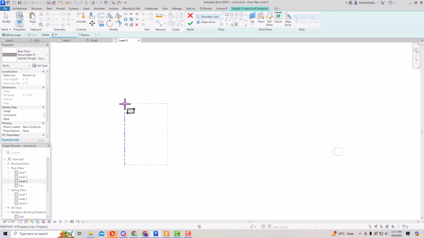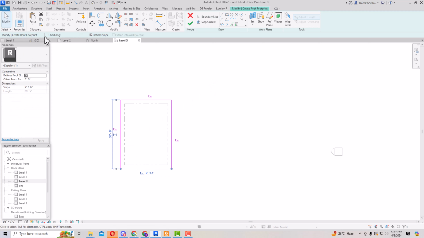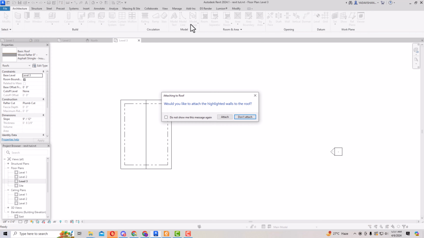Now I am going to draw this sloped roof, and you are required to select this front one and uncheck define slope. Again I am going backward and uncheck this define slope, and now we'll finish this